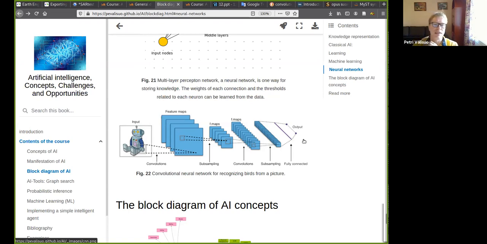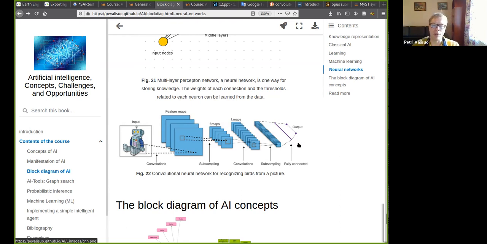And again, this is a rather hard process to train. You need plenty of example images to get this knowledge here, and therefore people also use so-called transfer learning,